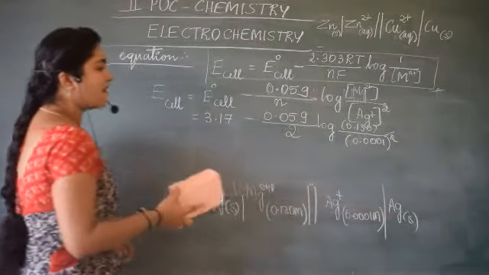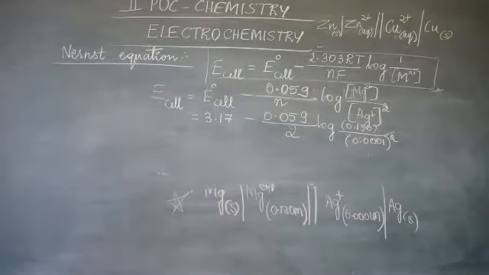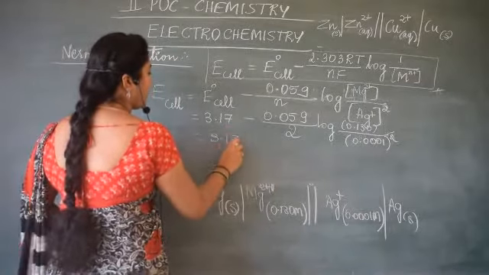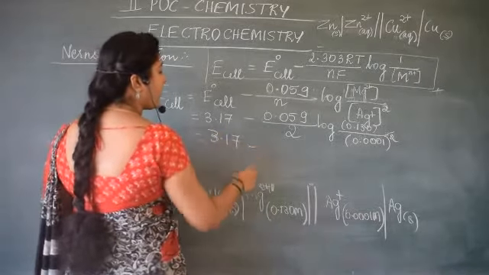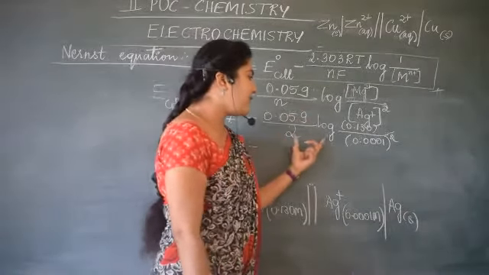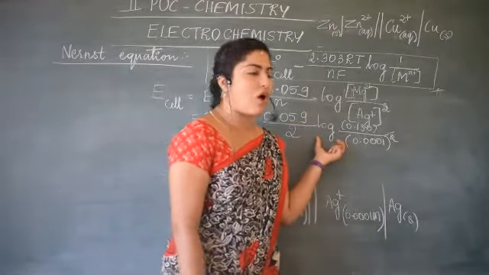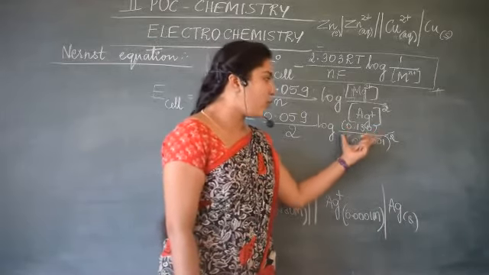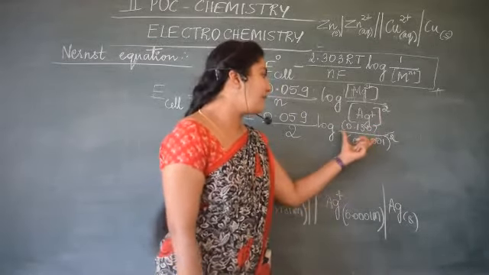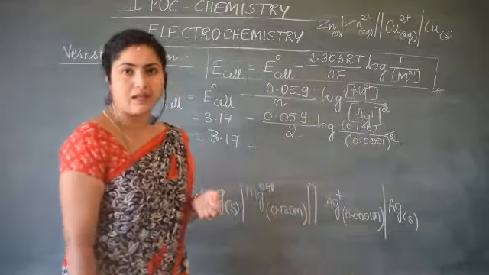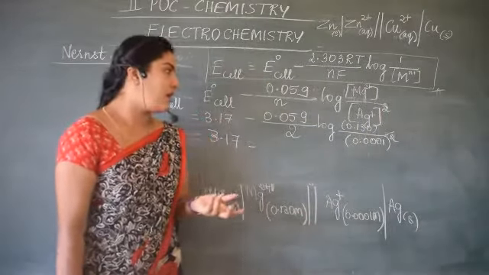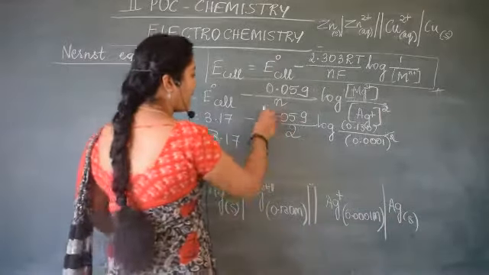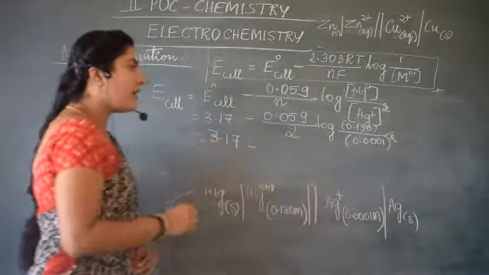Now try solving this. On solving 3.17, here it remains minus, you know how to calculate this. Here you will have to take the log value for the quotient you get after dividing, that log of that has to be taken. So you know how the log has to be calculated. After that you will get this whole part value. Please solve it.